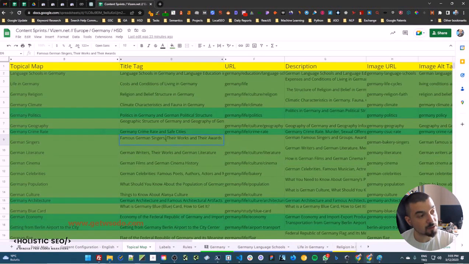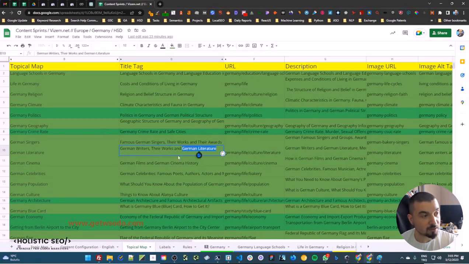And here we have a different model. For instance, here we have entity attribute pairs. This is the entity set. If you use a plural word with a noun like singers, it already reflects a set. There are many different types of individual instances under this group. Then here we have their attributes like their works and awards. The same happens here too, like writers, their works, and German literature. This is a mixed version because here we write entity, this is attribute, and this is a conjunctive word. Then we write another highly relevant specific unnamed entity, literature and writers, which are connected to each other.